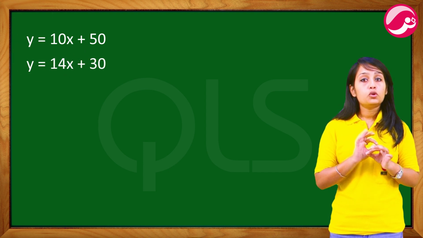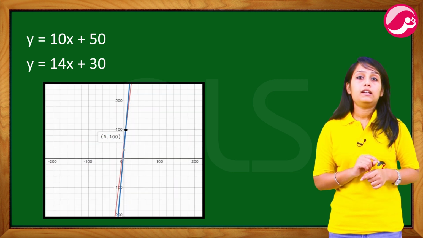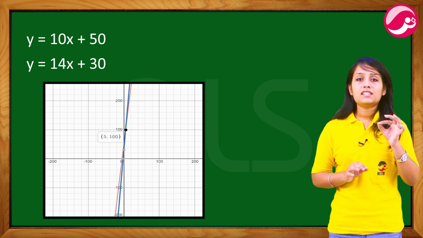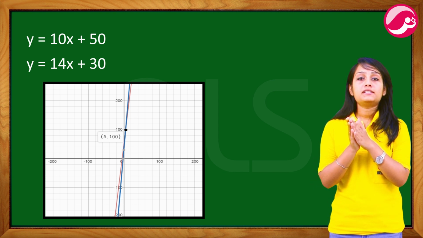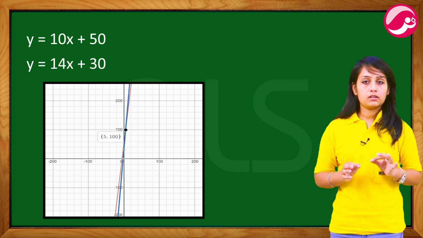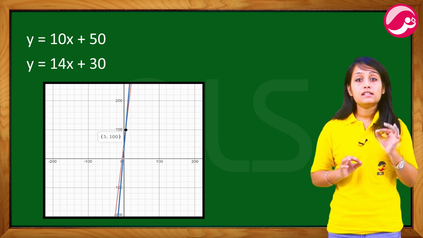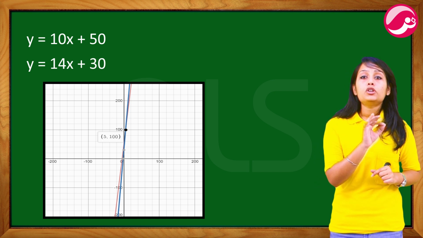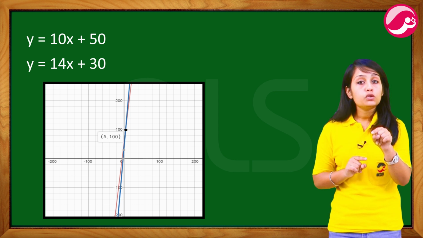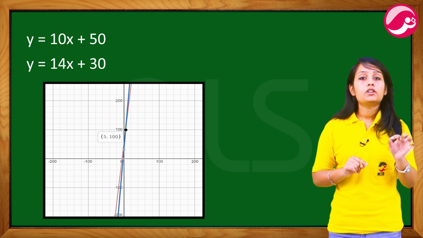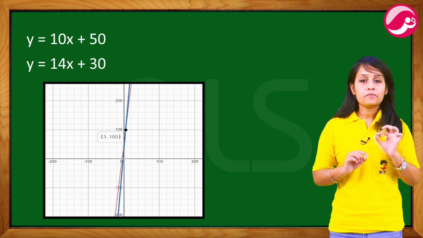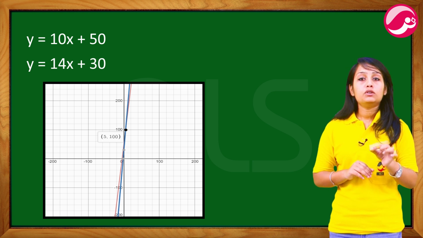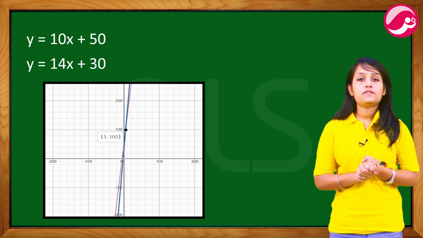Now if you plot both these equations on a graph, you get two straight lines which intersect at some point. Since we have to find the total cost, that is the value of y, we note the point of intersection of the lines. Now the most important part: the point of intersection of the lines is the solution of the equations that the lines depict. I repeat, the point of intersection of the lines is the solution of the equations that the lines depict, because that point lies on both lines. That is why it is the solution of the system of equations. Because as I told you earlier, a solution is one that satisfies both equations.